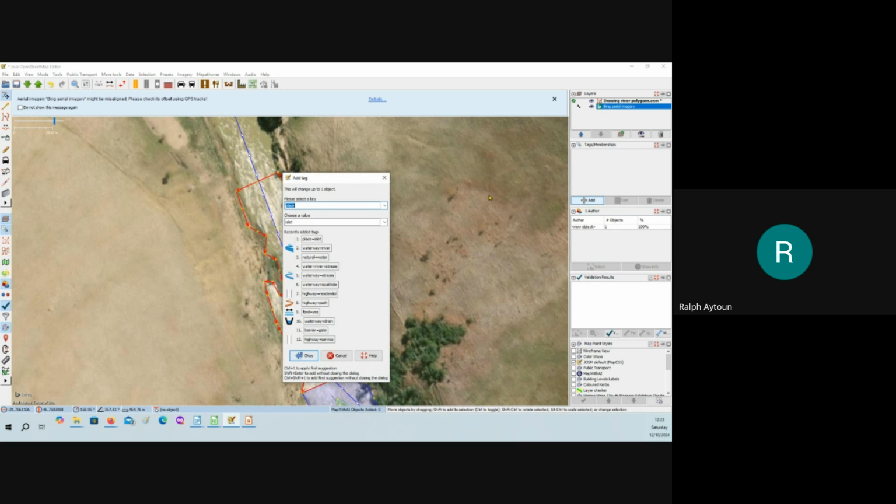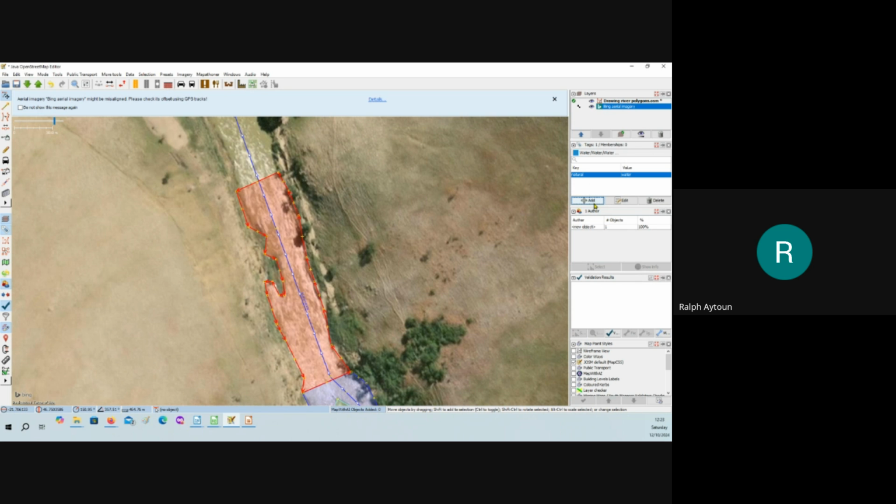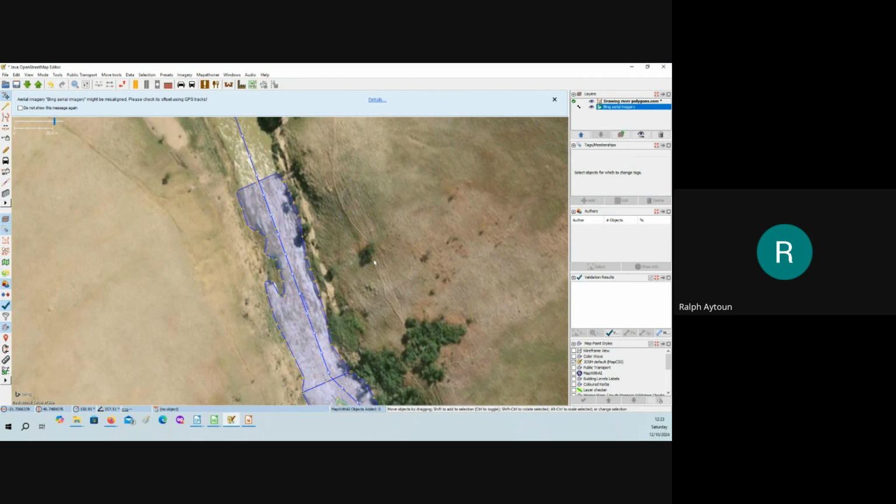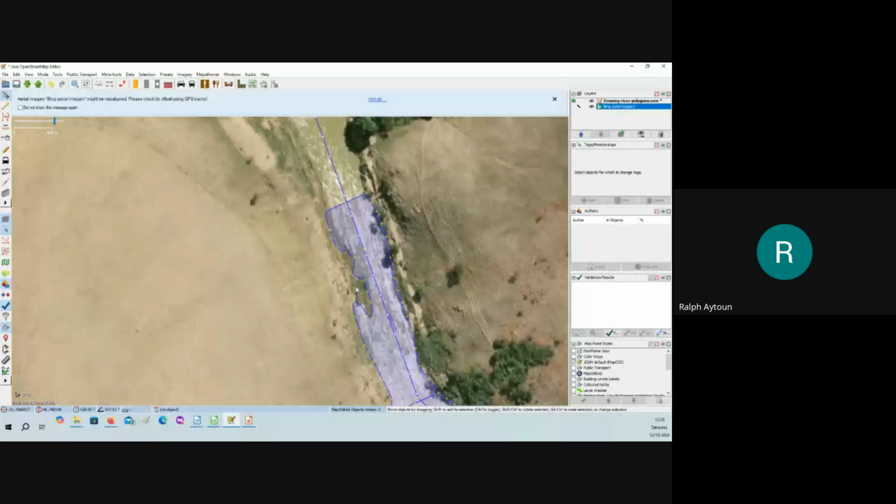Select, add natural water, okay, and add water. Let's just do it. Water, river. Okay, right. So now we've got it linked up and it carries on and continues along the river, right?